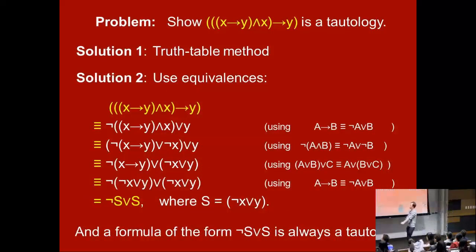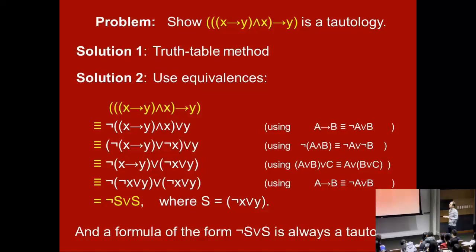Before, we talked about how to show something is a tautology. One way you can do it is write down a giant truth table and check if it's always true. But if I ask you to prove that something is a tautology on a homework problem, you don't necessarily have to do it this way. Sometimes, if you're lucky or clever, you might figure out a different way to prove it's a tautology, maybe by using equivalences. Let me show you an example.